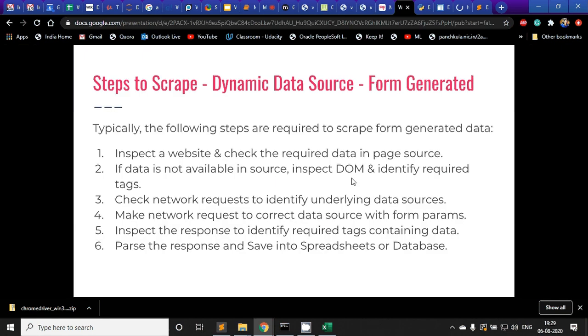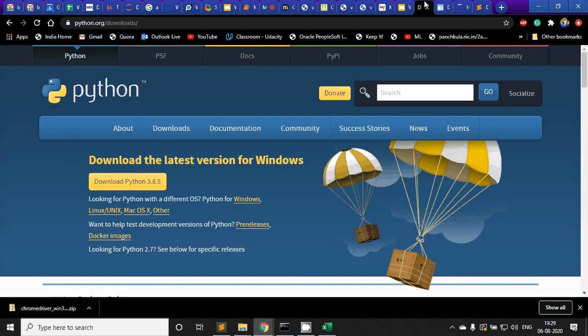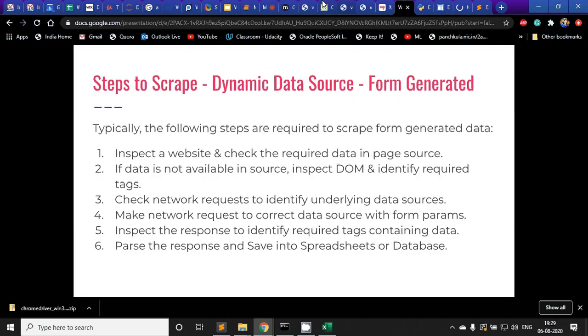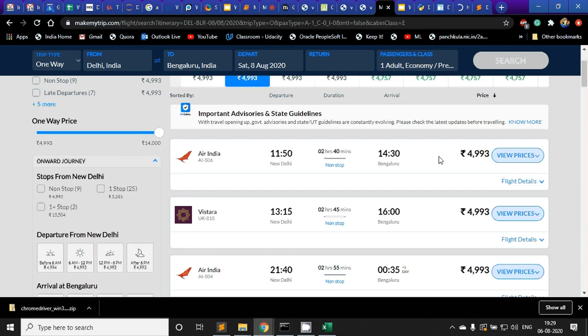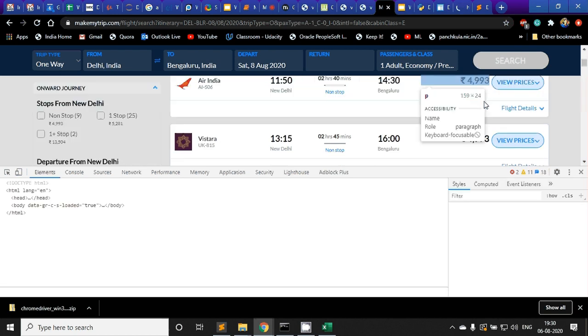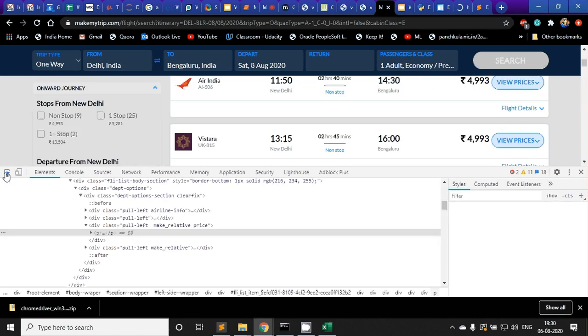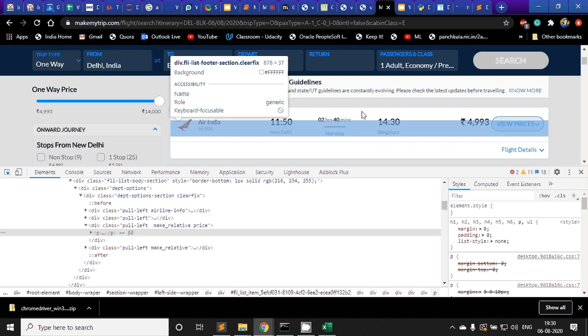So let me explain it once more. I will show you live. When I click this and inspect the element, we will see how to inspect also, but let's just see here. We saw that there was a tag which contained all of this data.